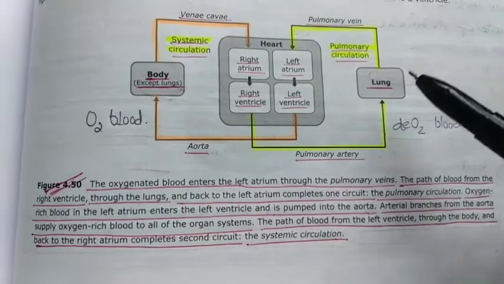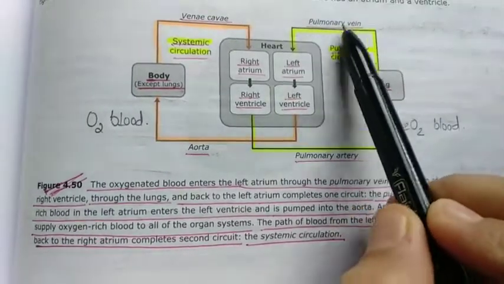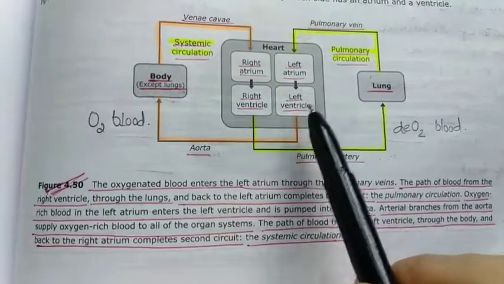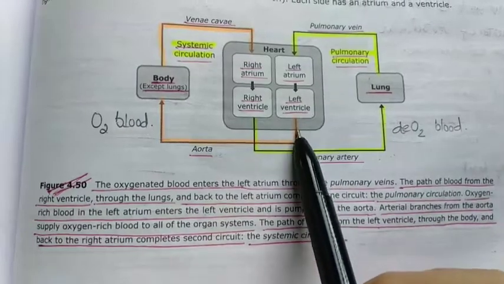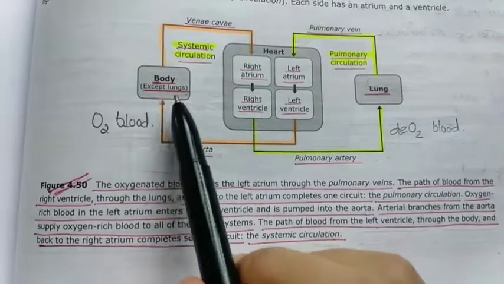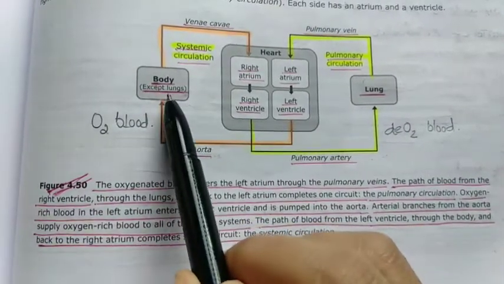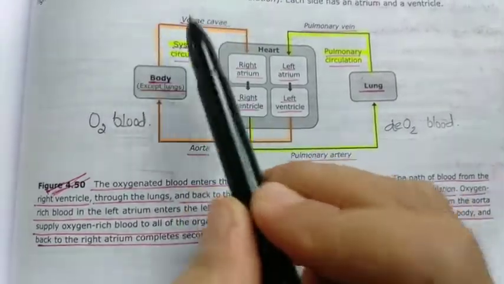So this diagram is very easy to understand. Starting with the lung, which circulates the oxygenated blood, that is transported by the pulmonary vein to the left atrium. Then the left atrium transfers that oxygenated blood to the left ventricle, and through the left ventricle, which is the thickest chamber, blood is transported through the aorta to the body, except the lungs, because lungs need deoxygenated blood for oxygenation. So then the oxygenated blood is transported to the whole body, and after that, deoxygenated blood is received